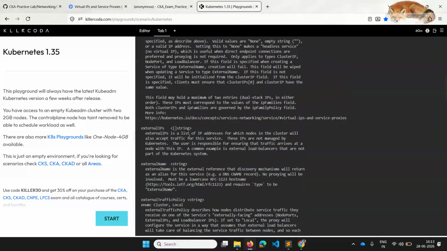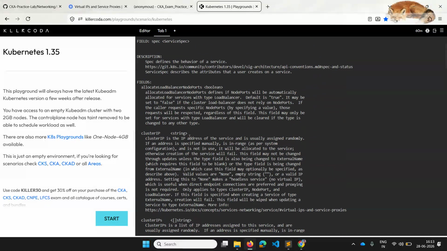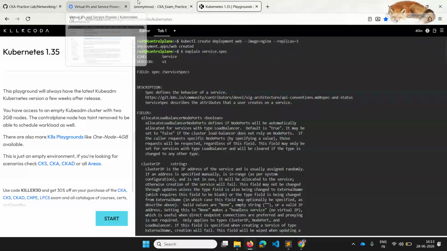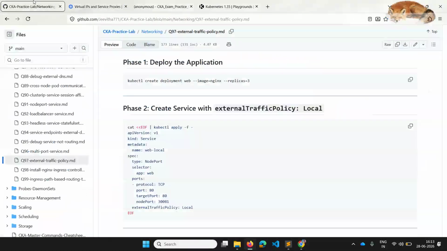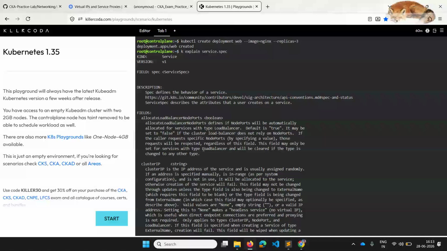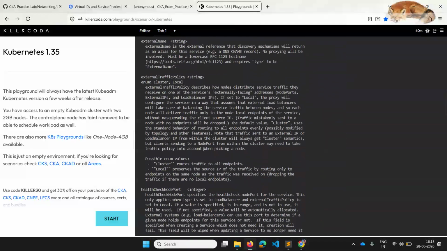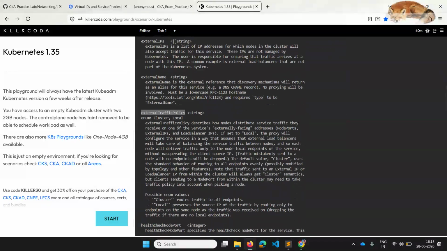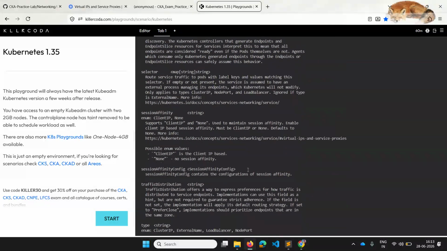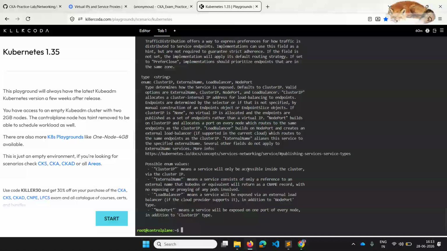There are pretty many things here, right? And we have one starting with external traffic policy. So I think this is the one. Yeah, it's in alphabetical order, so you can go here and find it. They have also placed what type it is, and they also gave a nice explanation. That means under the spec we should have the attribute.